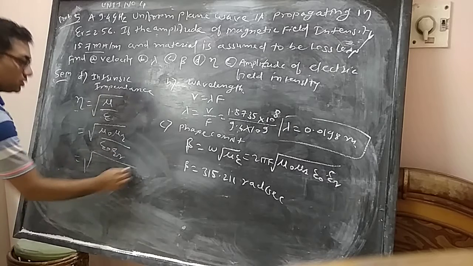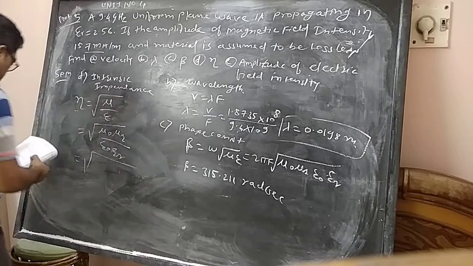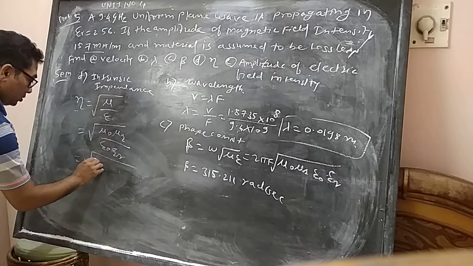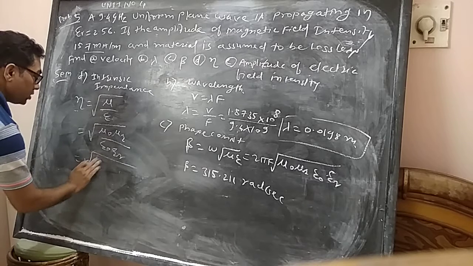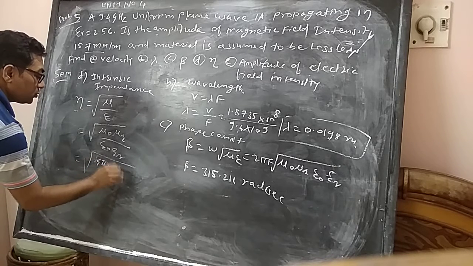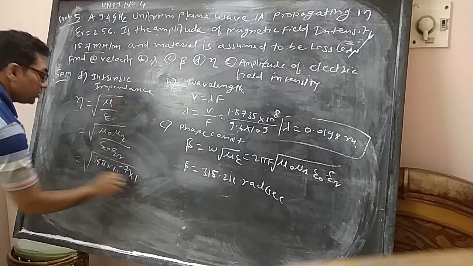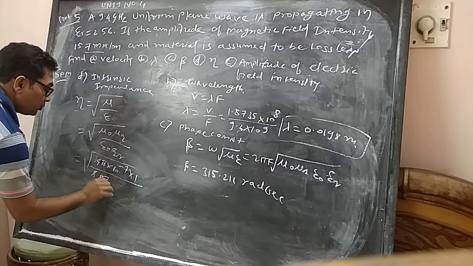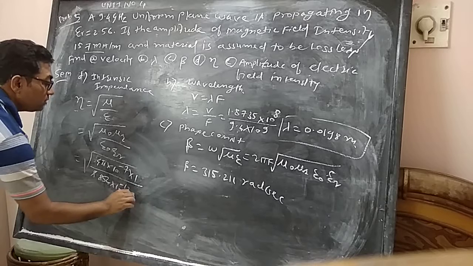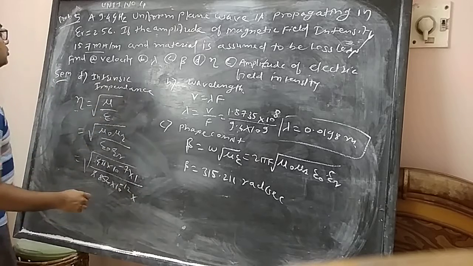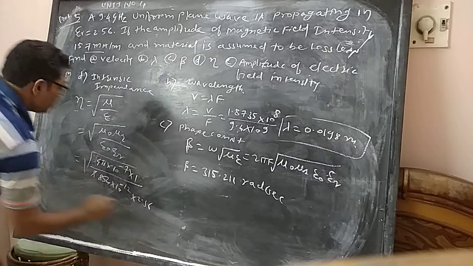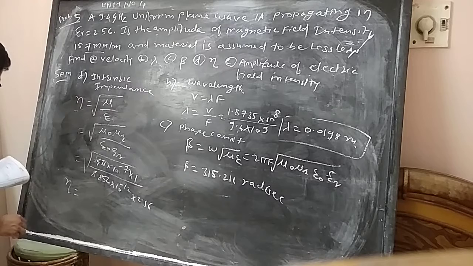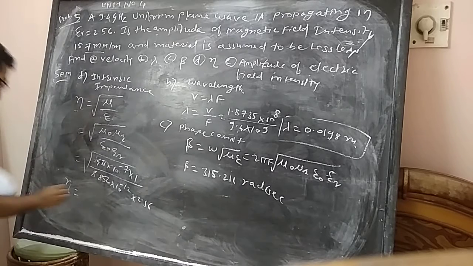So mu 0 is 4 pi into 10 raised to power minus 7, multiplied by mu r, which is 1, divided by epsilon 0, which is 8.854 into 10 raised to power minus 12, multiplied by epsilon r, which is given as 2.56. So the intrinsic impedance eta will be equal to